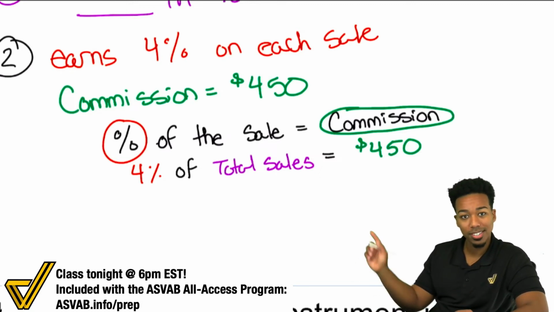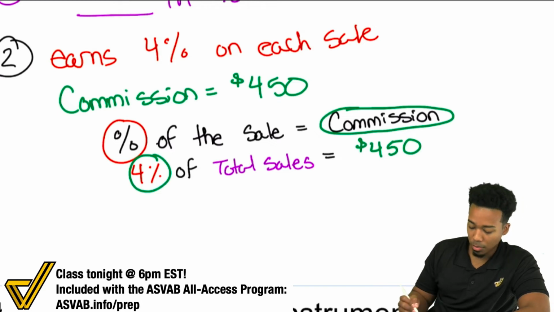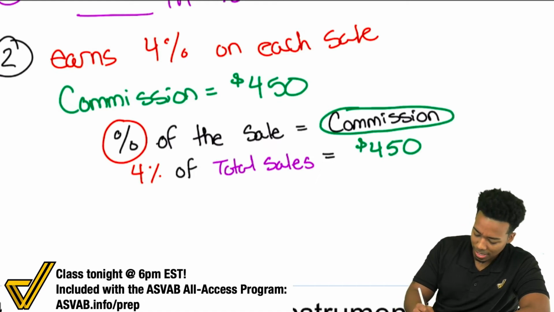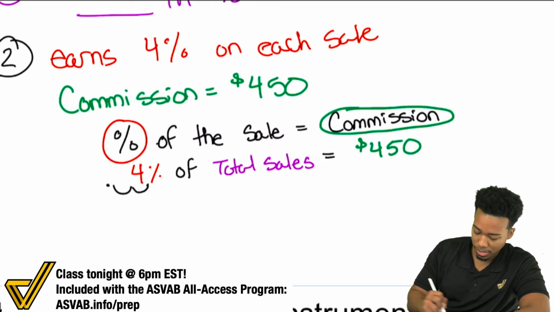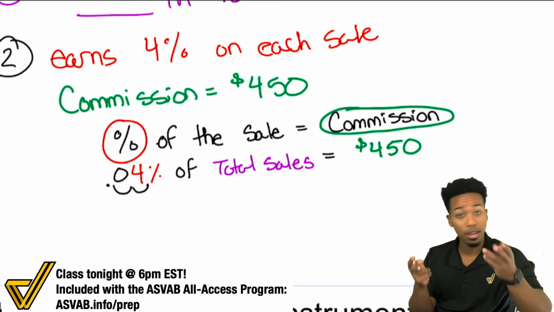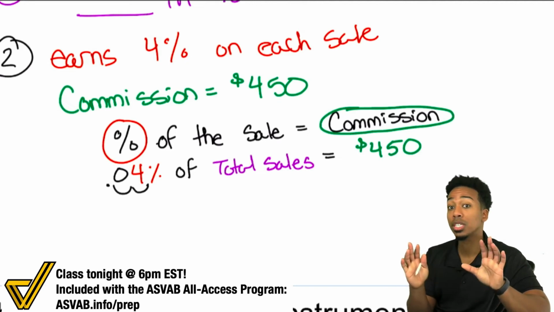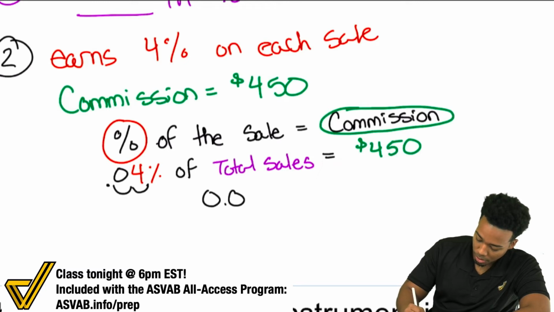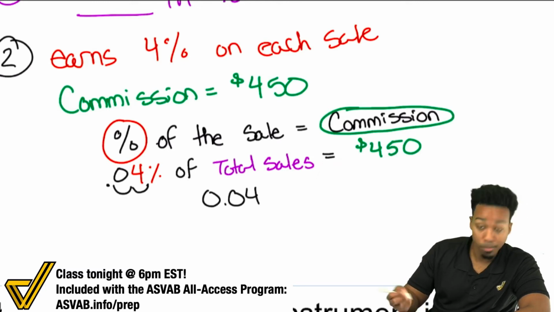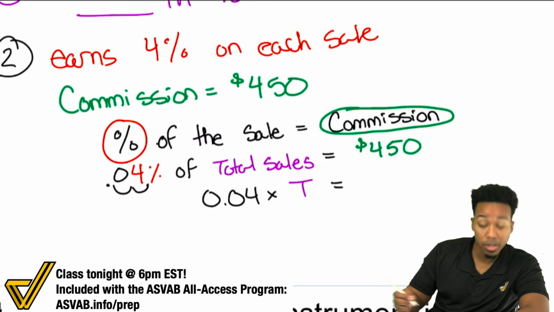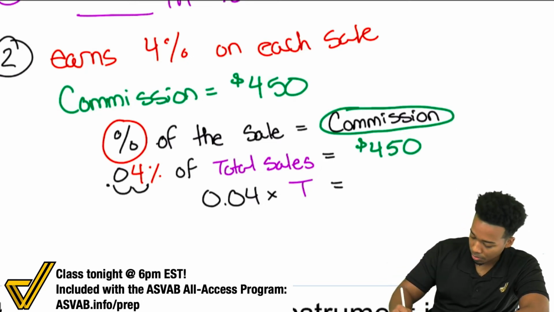How do I know how to do this? Just like this. What do we do with a percent? Before we multiply, we turn it into a decimal. How do we do that? We take that decimal place and move it over twice. So it's going to be 0.04. Remember, a percent is out of 100. So if you divide by 100, which is the same thing as moving that decimal place left 2 times, we will get 0.04 of, meaning multiply, right? The total sales, which is again what we're looking for. So we'll just write T for that. That's going to equal the commission that we want, which is $450.